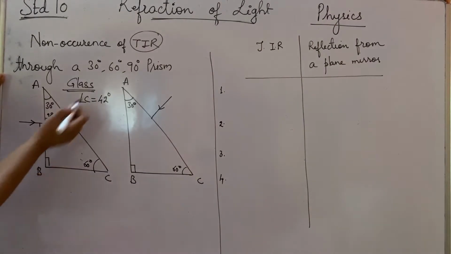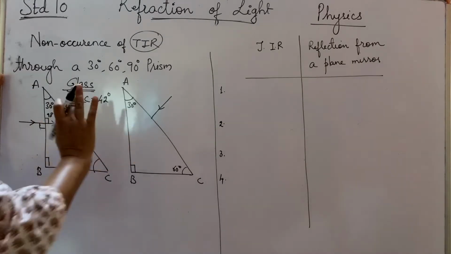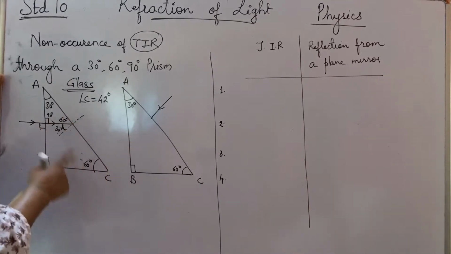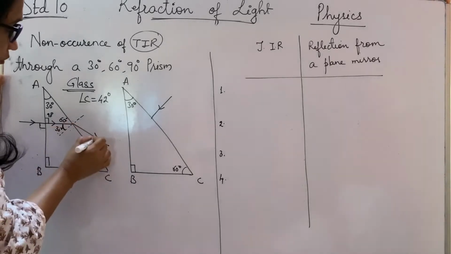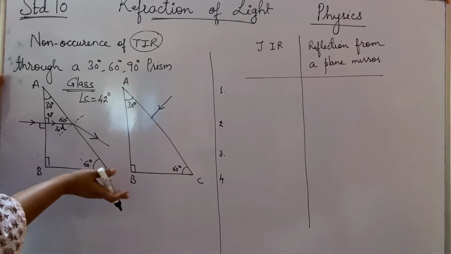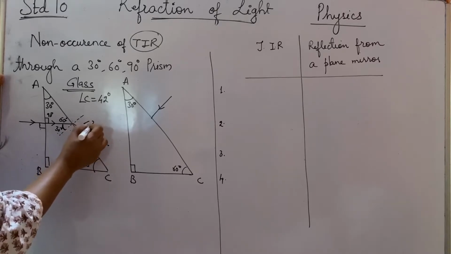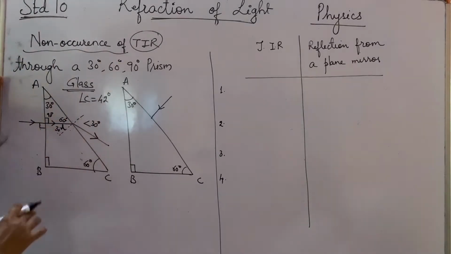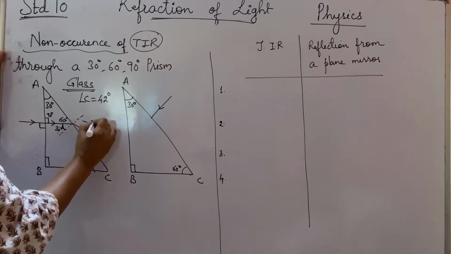Now here the angle of incidence is less than the critical angle. Now anytime it is less than the critical angle, what happens to that ray of light? It doesn't get totally internally reflected. Say suppose this angle was 48 degree, then it would have got totally internally reflected. But this is 30, which is less than 42, and hence it gets refracted outside, but it goes away from the normal because it is going from denser to rarer, and this angle here will be greater than 30 degree. So now here in this case you will see there is non-occurrence of total internal reflection, correct? This angle will be greater than 30 degree.